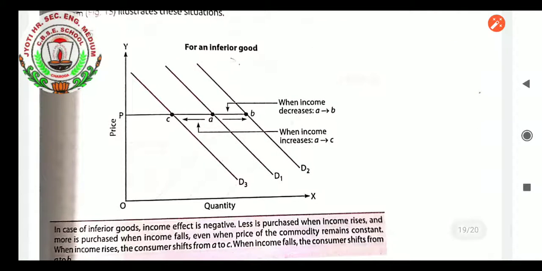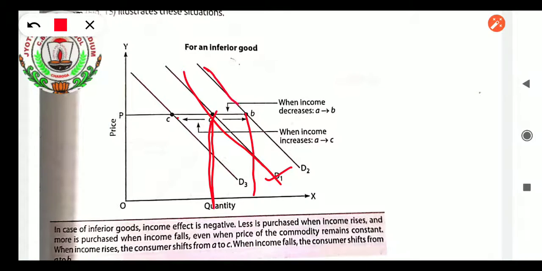The illustration shows this. For an inferior good, you can see there, first the demand curve is D1. First the quantity demanded is up to here, so D1 has been drawn. Second, the quantity is demanded up to here, so here the price and quantity demanded lines touch, and D2 is there. And the third is here. What we are seeing, D3 is less quantity demanded when income increases. What is happening there? From D1 to D3, it is when income decreases. Income decreases, they are shifting the demand to inferior goods. Inferior goods demand is increasing.